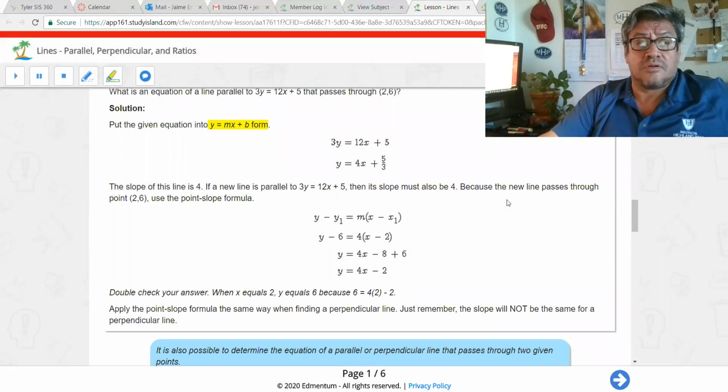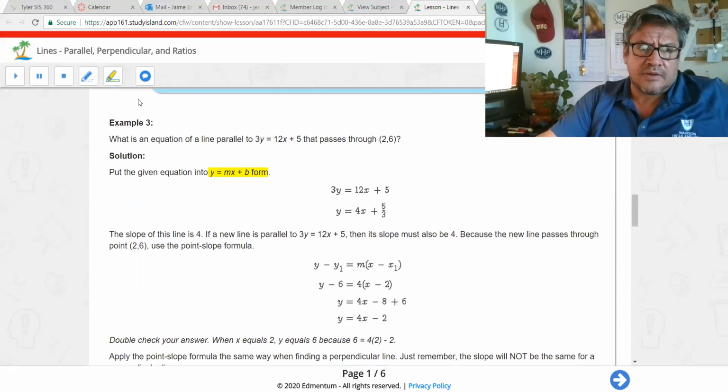I hope so, because the new line passes through (0, 6). Use the point-slope formula. So now they're going to throw out the point-slope formula. The point-slope formula is y,